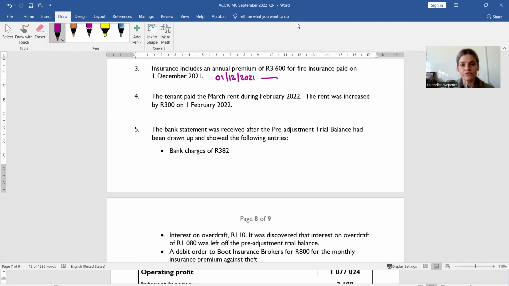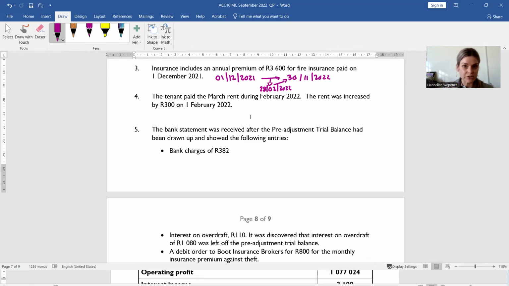2021 for a full year, so up until the 30th of November 2022. However, your financial year ended on the 28th of Feb 2022. So whatever happened after that should not be included in your current financial year. But they said that you did include this in your current financial year. So you need to remove whatever is not supposed to be within your current financial year.